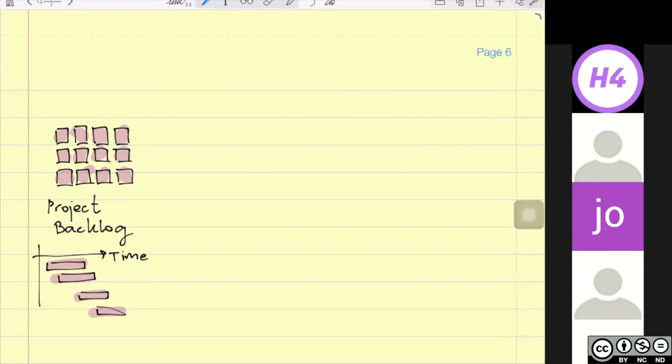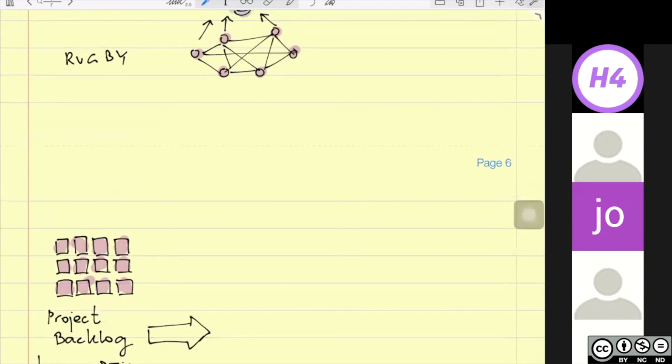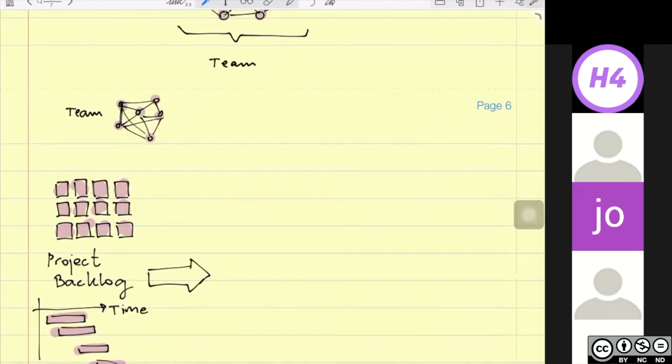Okay, we have the backlog and we work on it. This team that we painted before, okay, is working on it, working on the backlog of activities all the time, and they are interconnected and interchanging information and doing all sorts of things together. The next concept is called the